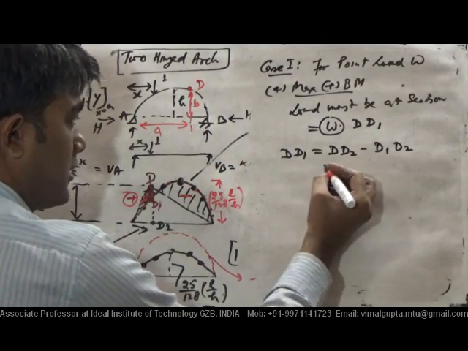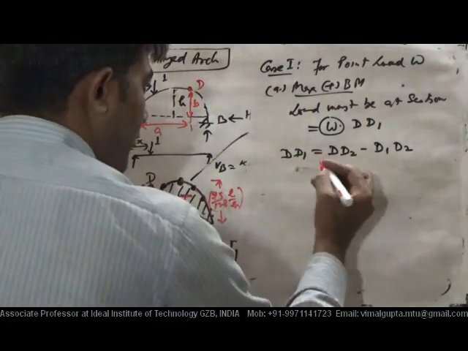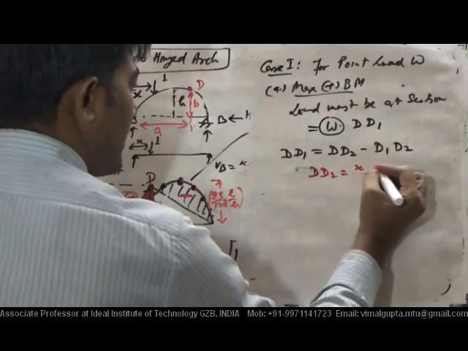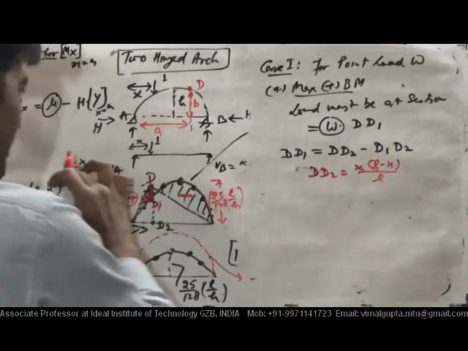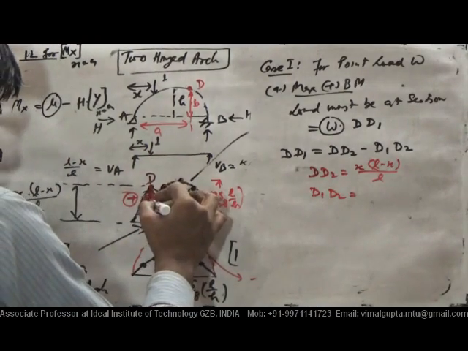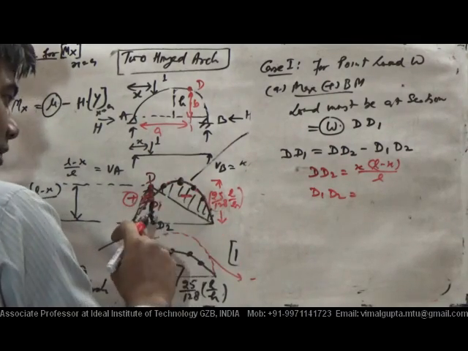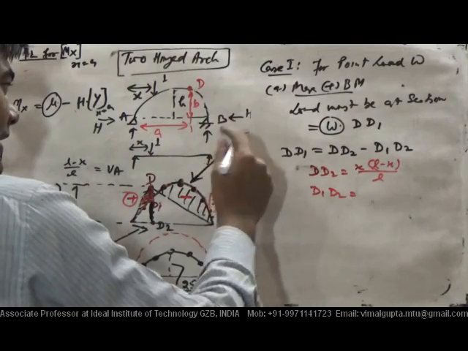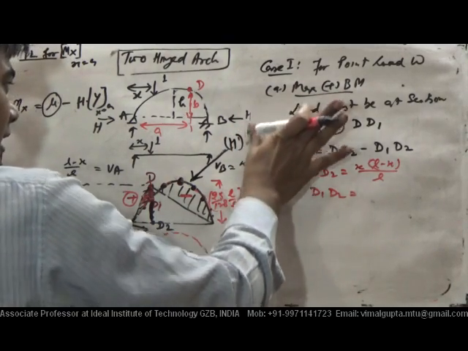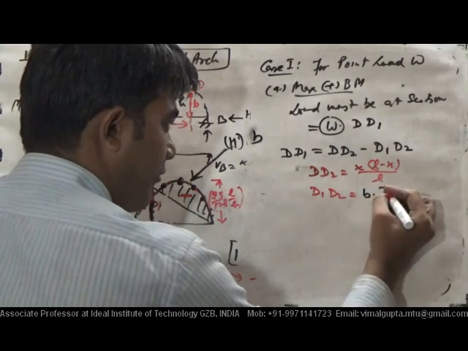And DD2, what is the value of this one? What is the value of D2? Can you tell me? This value is this. It is written here. It is simply x(L minus x)/L. Okay, that has been written here. And what is the value of D1 D2? What is the value of D1 D2? This one value. What is that value? This is the ordinate for H into Y at B. Here I am writing B. This is the ordinate of H into Y. So D1 D2 will be B times of